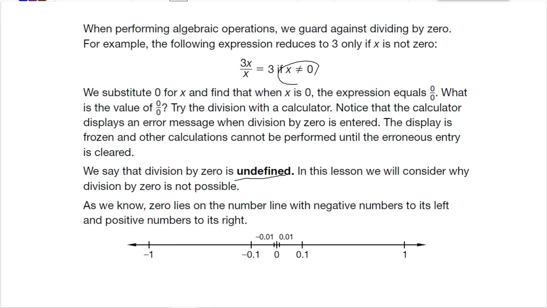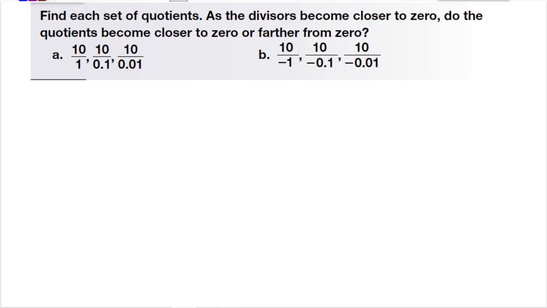So you know 0 lies on the number line with negative numbers to its left and positive numbers to its right. Here, we're going to consider the quotient 10 over x as the values of x approach 0. We're going to divide by numbers closer and closer to 0 and look for a pattern. So for this one, 10 divided by 1 is 10, 10 divided by 0.1 is 100, and 10 divided